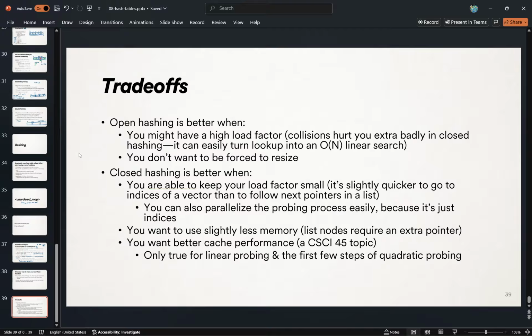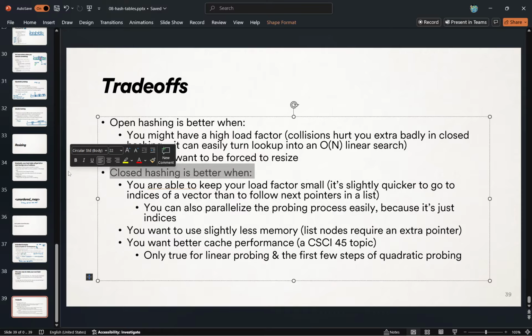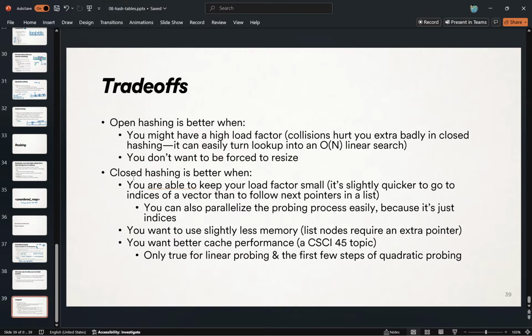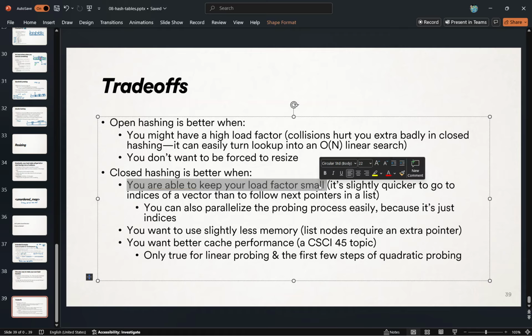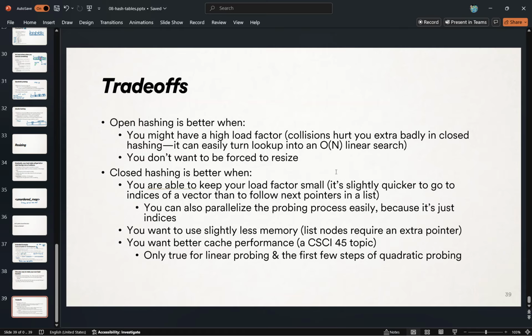You can keep your high load factor. You'll end up with more collisions, but it's not the end of the world, like it would be with closed hashing because you're usually going to keep finding and jumping around way too many times. So there's that. Closed hashing. When might that be better? There's some ideas. If you're able to keep your load factor small,